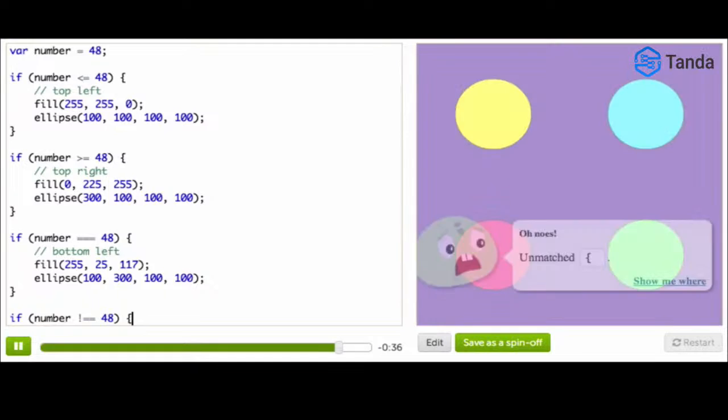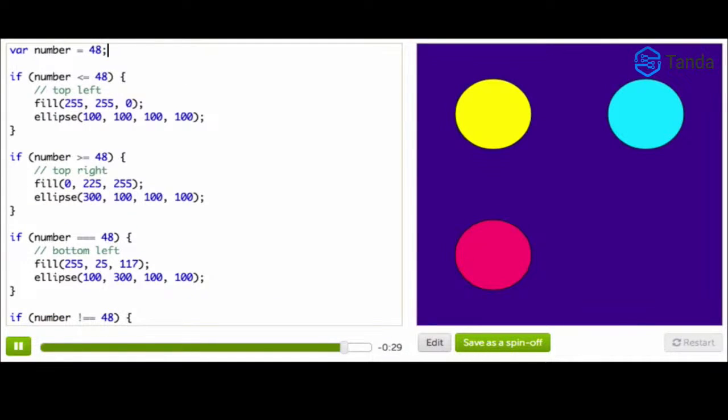And we will draw that last ellipse. Number is 48, so it is less than or equal to 48, which is why the top left ellipse is drawn. It's also greater than or equal to 48. It's also equal to 48, but it is not not equal to 48, which is why we're missing